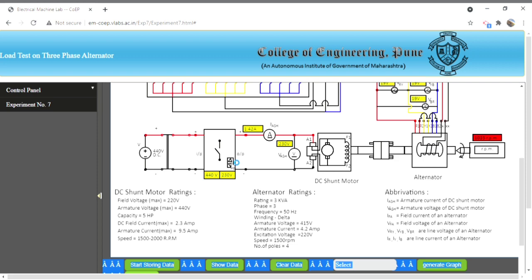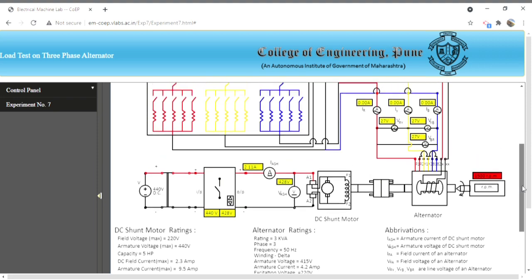Now it's above 1000. We want to set the rated speed. Yes, now we set the rated speed, that is 1500 RPM,